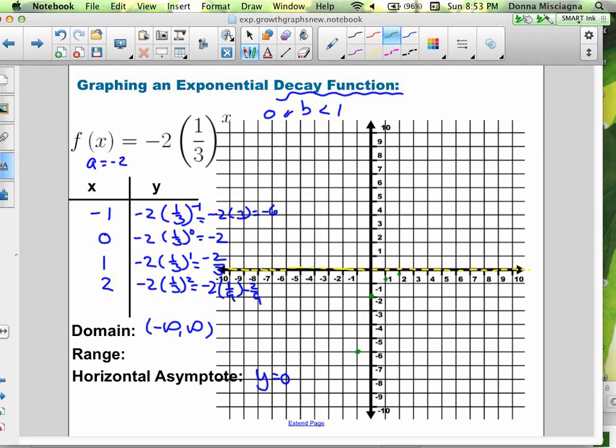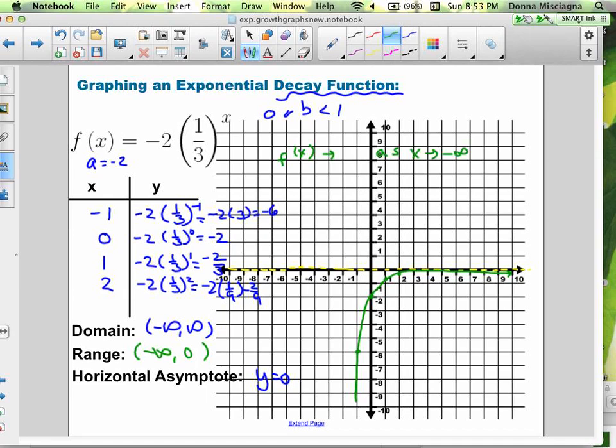Which is a smidge less than a third. So now we're growing towards the x-axis. Our range is going to be -∞ to 0 because we're reflected over the x-axis. Let's also figure out our end behavior. So f of x approaches what as x approaches